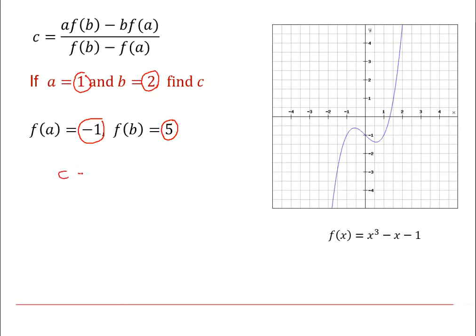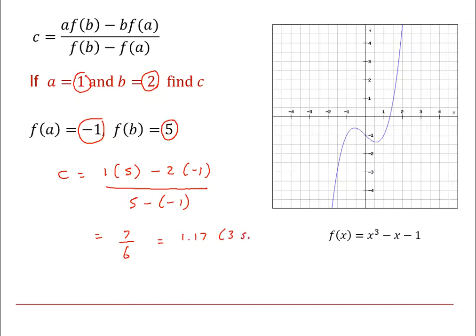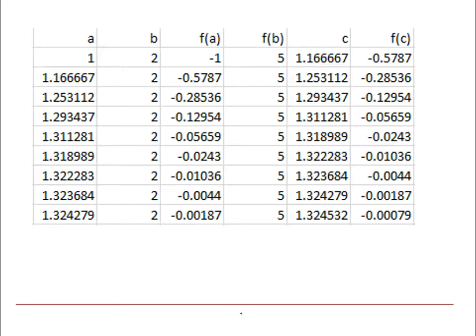But plugging in those values gives 1.17 to 3 significant figures. So the process is exactly the same as for the bisection method,